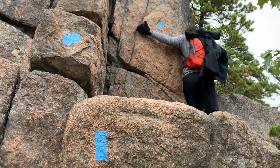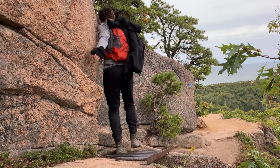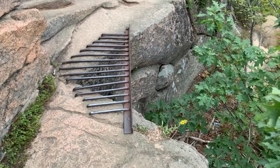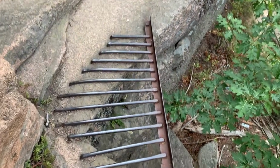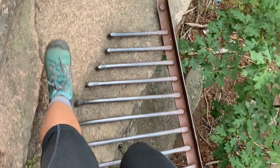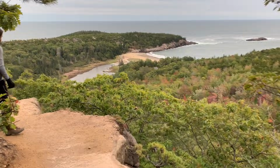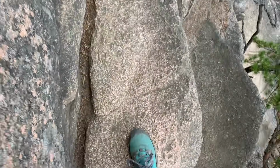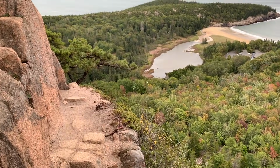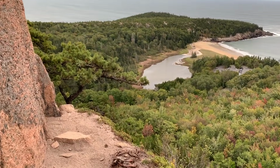There are ladders again, and in my opinion, the Beehive Trail was a little scarier than the Precipice Trail, and I think it's because it was windier when we did the Beehive Trail. So the wind is a factor, kind of blowing at you as you're on the side of this rock ledge climbing up the mountain, and the ledges seemed a little more narrow on the Beehive Trail. So you'll hear different things from different people. As we were hiking, some people were telling us the Precipice Trail was way scarier, but I personally thought the